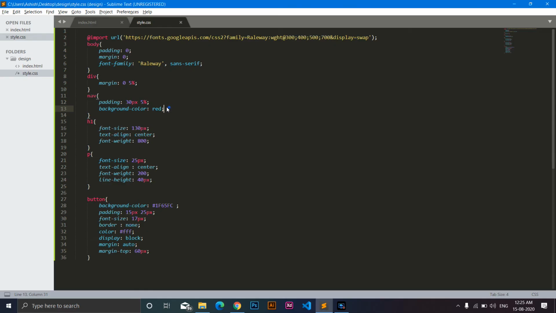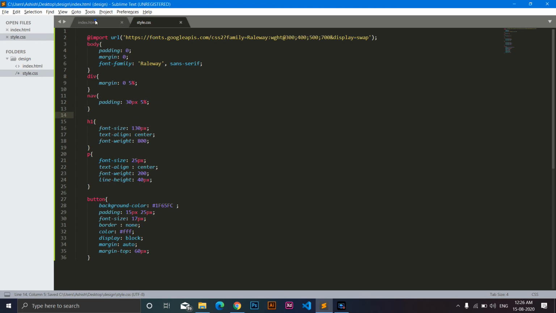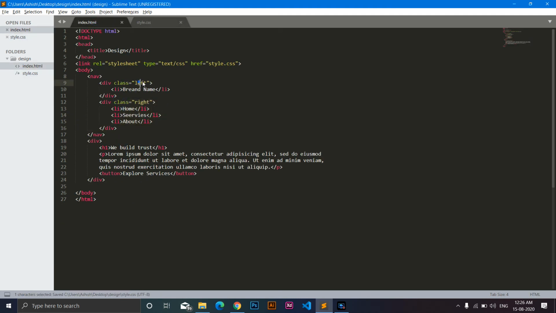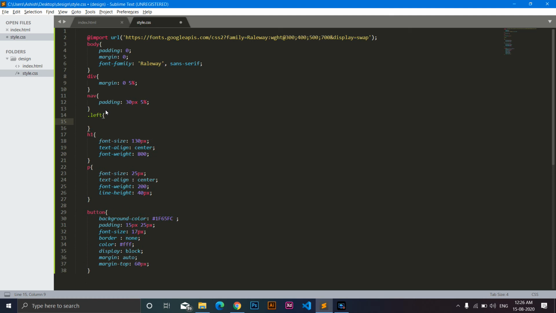So let me just get rid of this red color. We don't want it. I just added it. So now we can access these two divs by using this left and right. If you add this class attribute, whatever value you give over here, remember you cannot give a number at the start. It should be an alphabet at the beginning. So we can select this left and right like this, dot left,